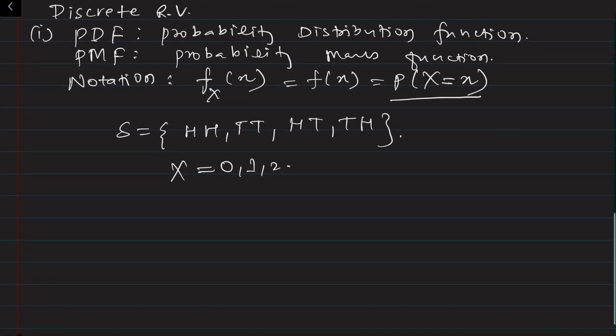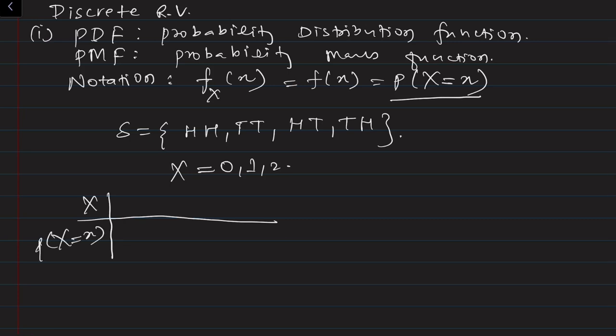So what is the PDF? We write the PDF in this way, P capital X, small x. So what are the points? 0, 1, 2. So what is the probability of getting 0 heads? This is 1/4, right? Because there is one outcome which has no heads,